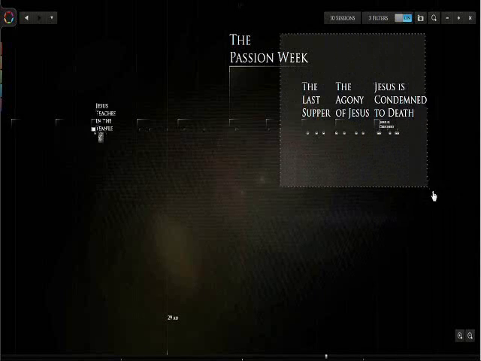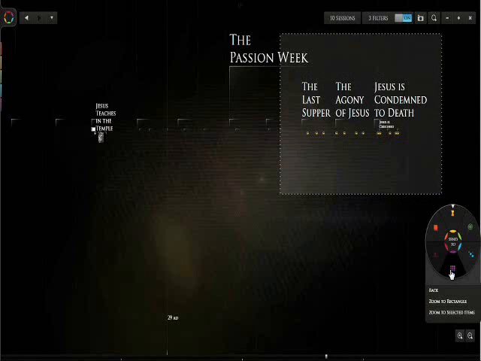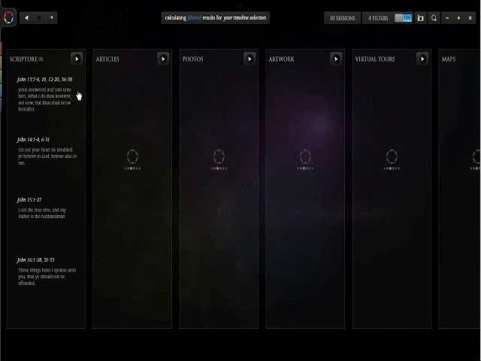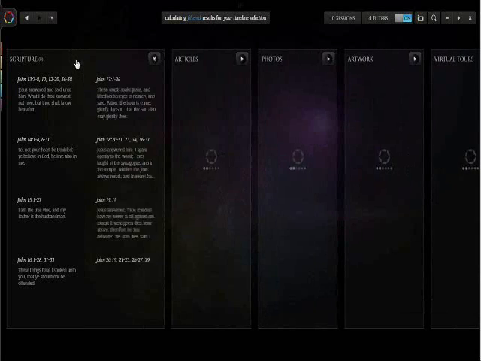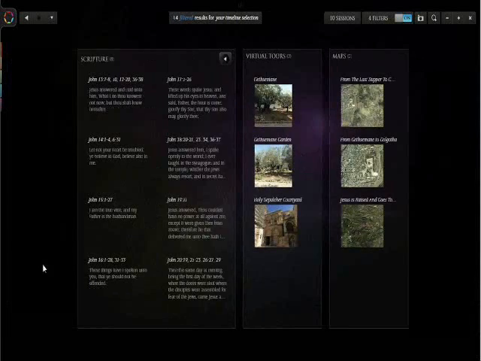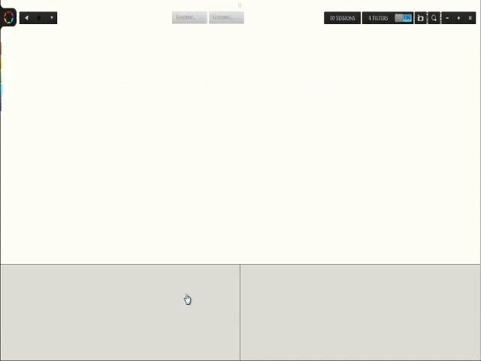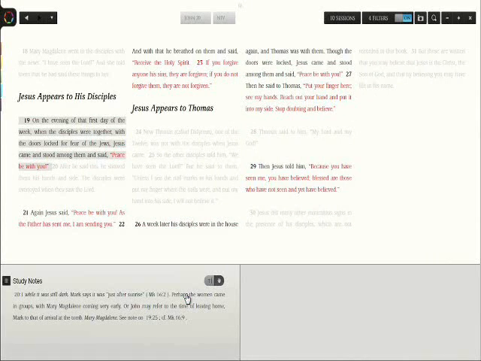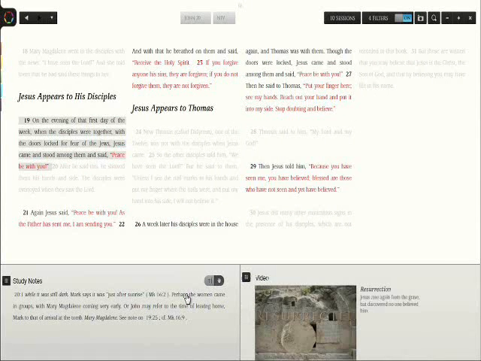So I select this area and say, show me the results in the media lens. This media grid is always how you see the results in Glo. Click here and there you see it. In this particular case, 8 passages of scripture that were spoken by Jesus in the Gospel of John in the city of Jerusalem during the Passion Week. If you want to read them, just click and you are taken to the Bible. It instantly positions not only where the words are in the area of that chapter, but highlights the words so you can quickly see where they are.